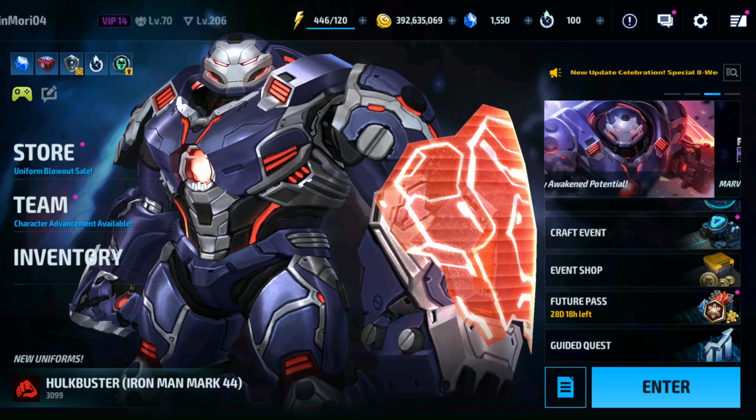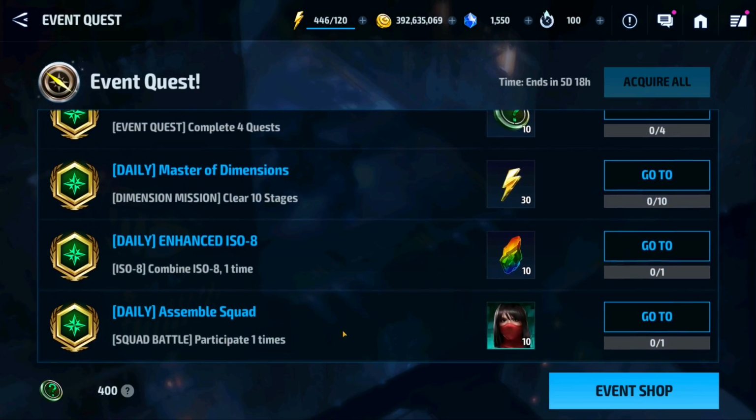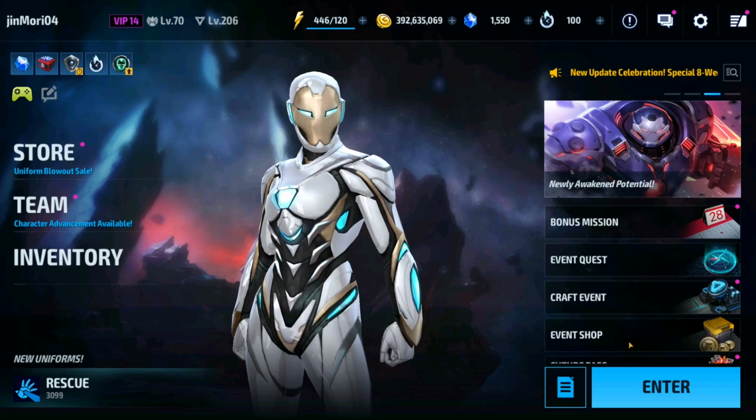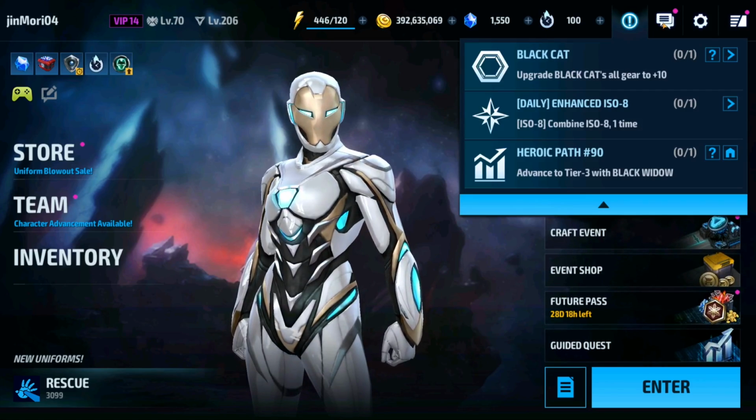Oh no, it's not there. Where's her event quest? I'm missing it. Okay, there's an event going on, and basically, oh, it's the check-in event. What am I doing? I'm such an idiot. But there's a check-in event that's basically going on, and underneath that check-in event,